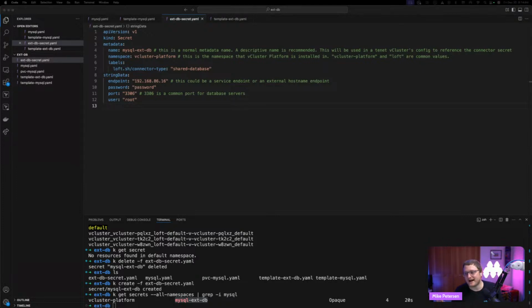So what we need to do now is create a template for our vCluster. If you've already got a database and all that, the stuff that I just showed you right now, you're probably going to skip, right? You don't need to do all this. What I'm doing is I just want to show off templates and how to set up a MySQL installation on a virtual cluster. But if you've already got your database set up, you're skipping to this point right now. So what you want to do is go to the UI,